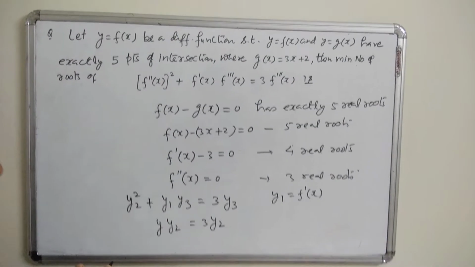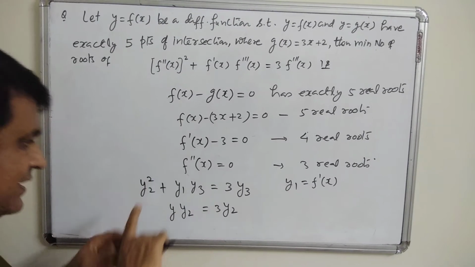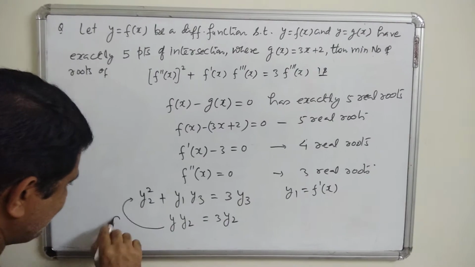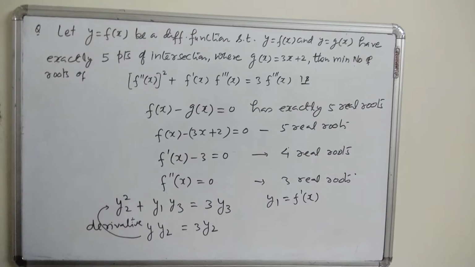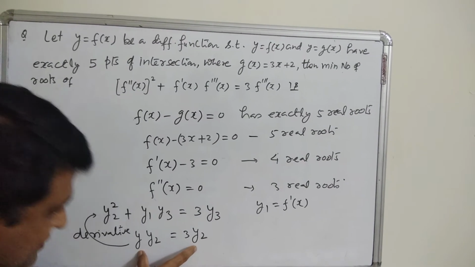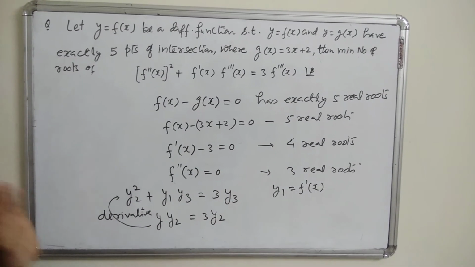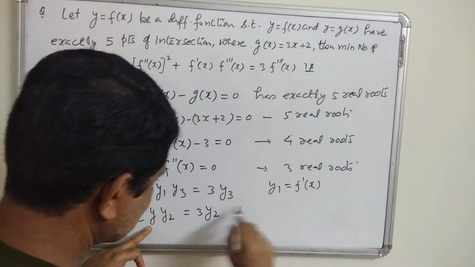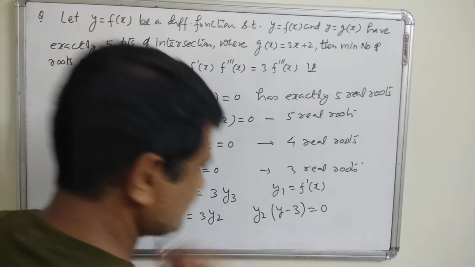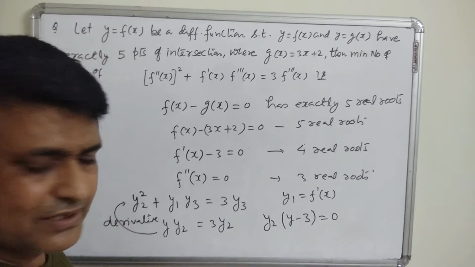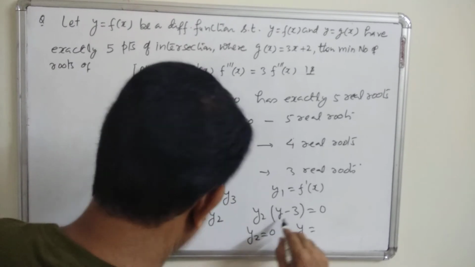I have already explained to you the relation between the number of real roots of a function and its derivative. Let me put it another way. This equation is the derivative of that equation. So if I find the real roots of that equation, I shall be able to predict the number of roots of its derivative, that means this equation. Please note that this equation can be written, after taking everything on the left hand side, with y2 common, as y2 times (y1 minus 3) equal to 0. Now this equation is made up of 2 parts. One is y2 equal to 0. Another is y1 equal to 3.